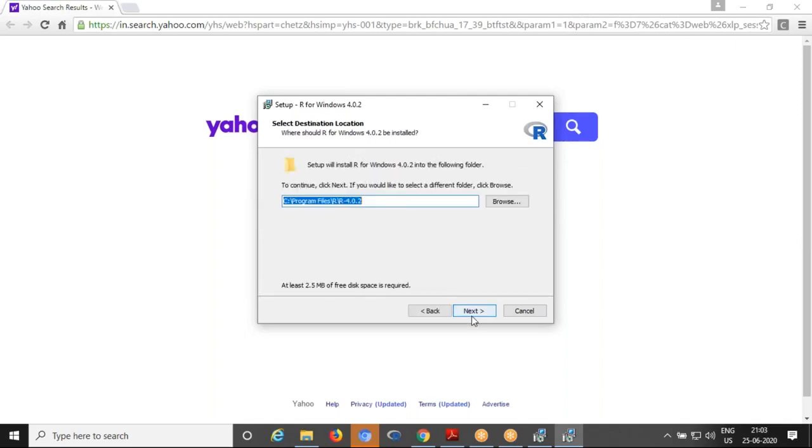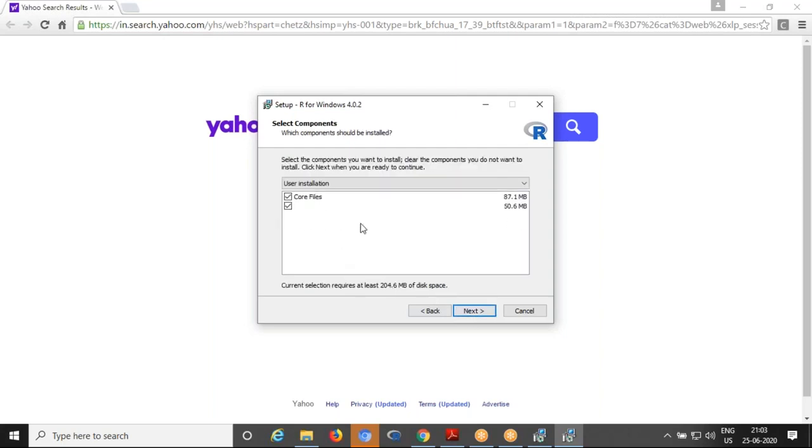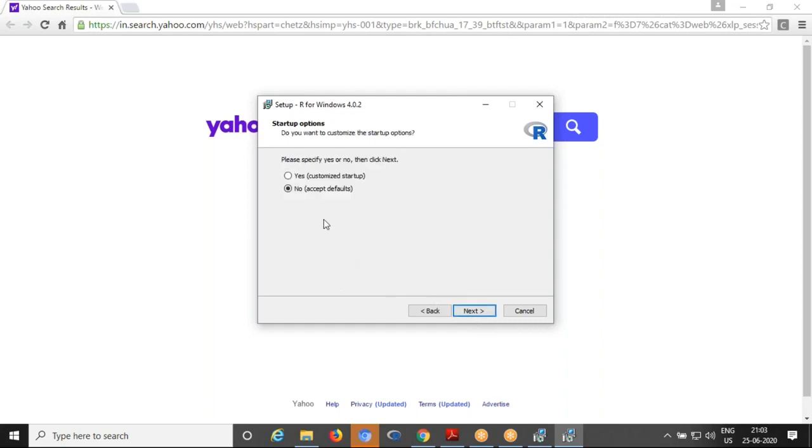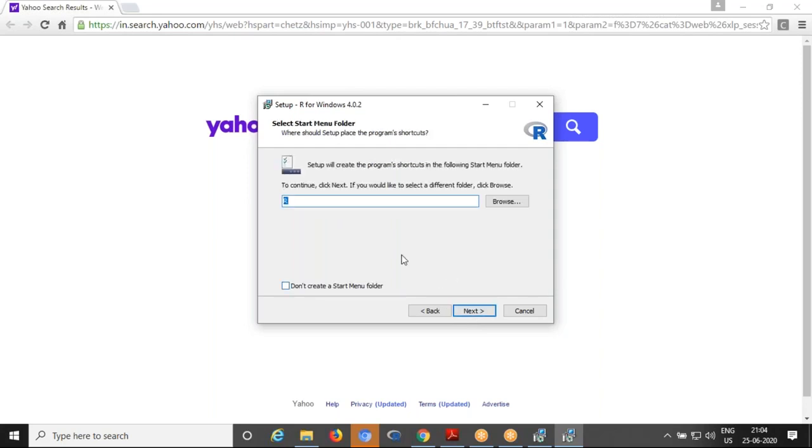Then click on next. The path it is showing, C program files R 4.0.2, is the default path. Click on next. Here it is showing both 32-bit and 64-bit by default. You can keep as it is, don't change anything. Then please specify yes or no, then click on next. No, accept defaults. Default you can keep as it is.